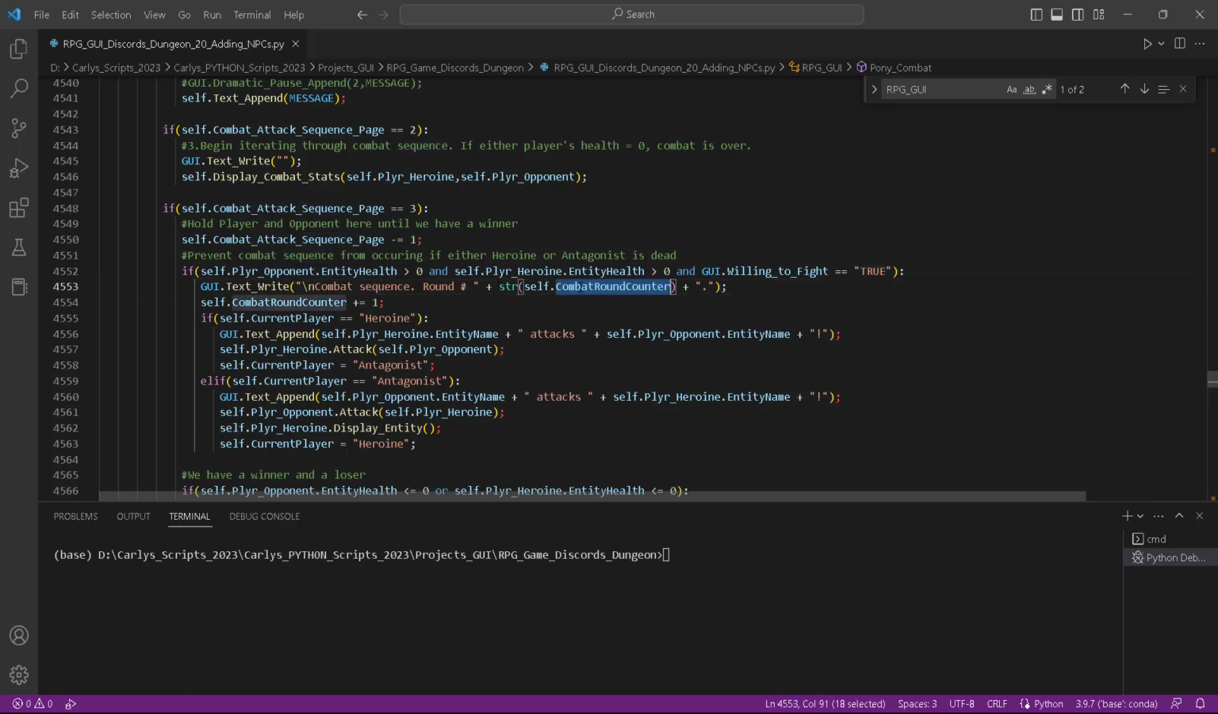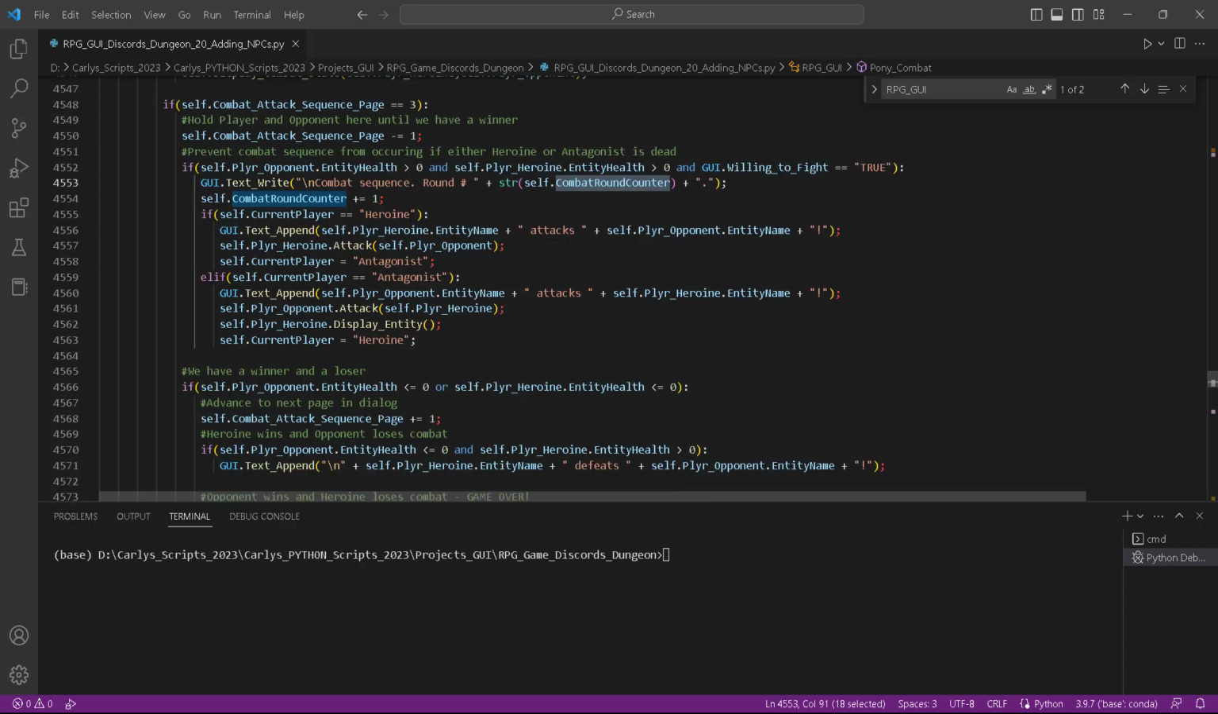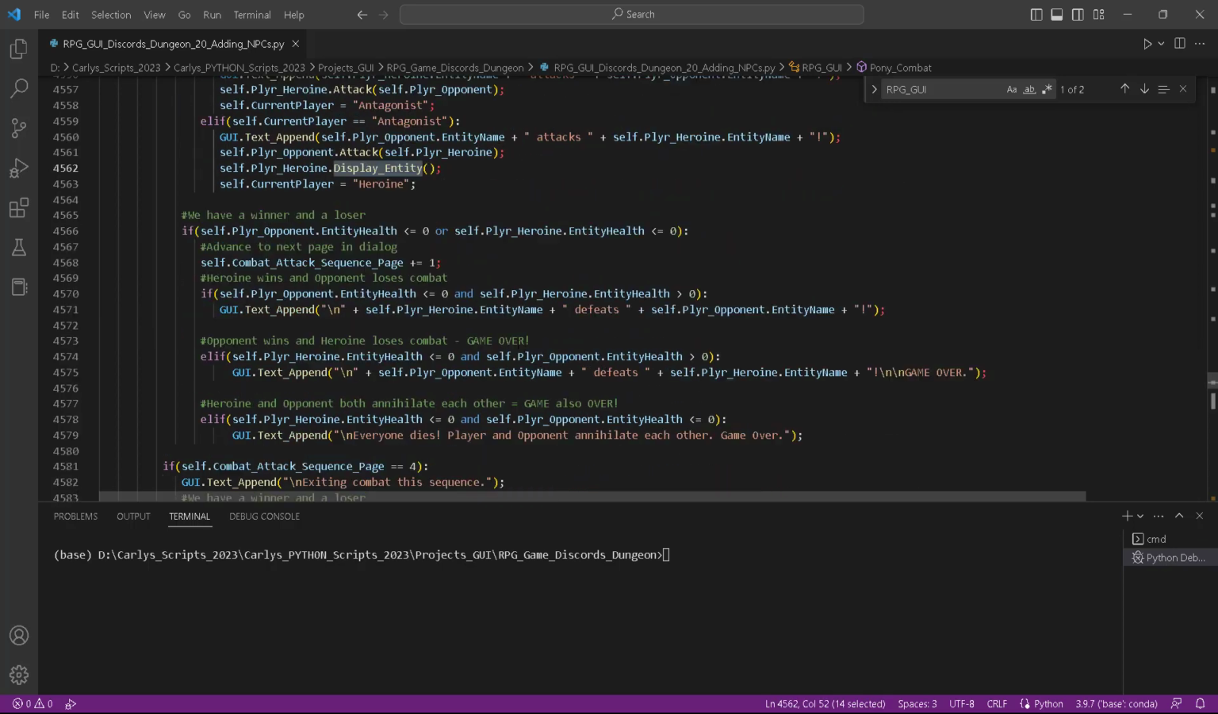Combat sequence, we display the round number, we count it. It's just an accumulator that's renewed each time we start another combat sequence with a different antagonist, okay? And we'll either display the heroine attacks the opponent or the opponent attacks the heroine, okay? And then when we do, we'll call the attack method that's built into the base class. The abstract data type we call the entity class, okay? And then we'll call display entity here. And then once we do that,